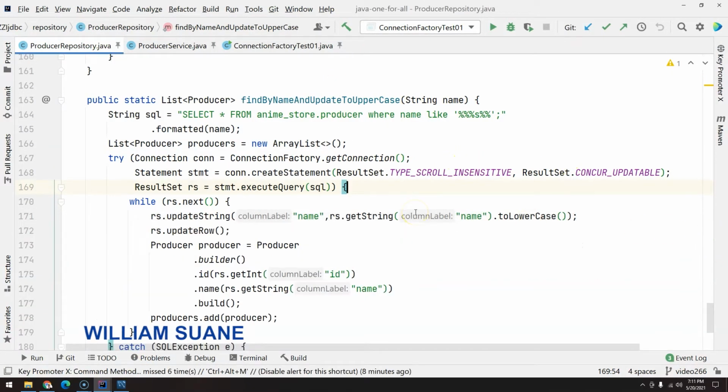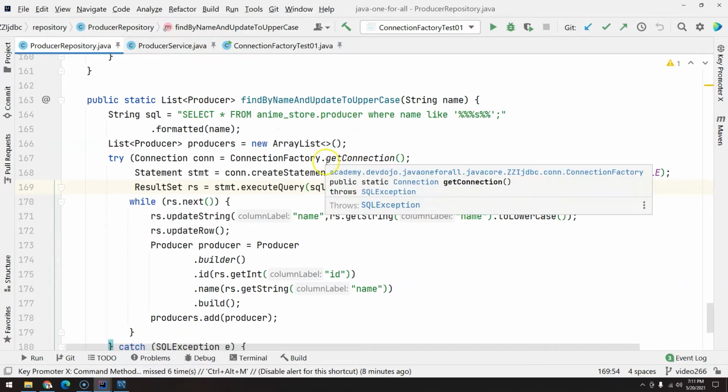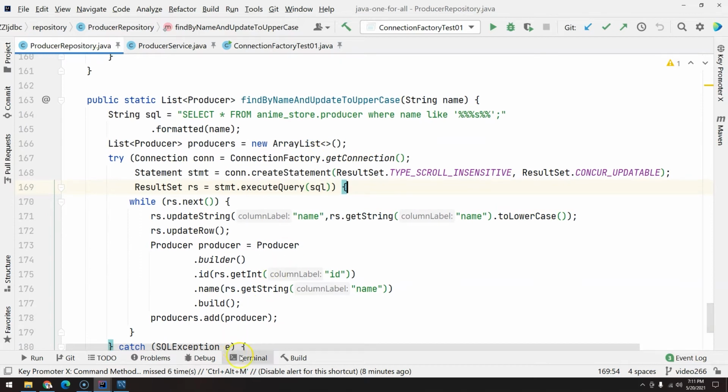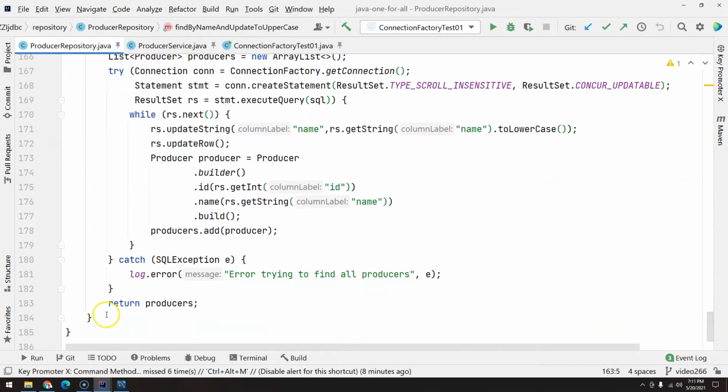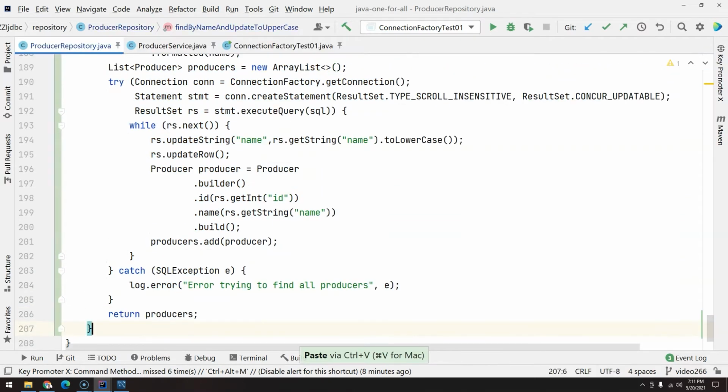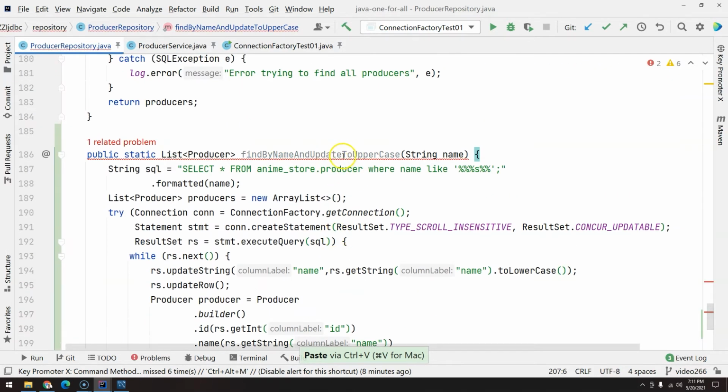In this video, we are going to see how we can insert and delete rows through ResultSet. Now, let's make sure that you have Docker Engine and Docker Compose up and running because we need databases. And now we are going to copy this find by name and update to uppercase. So find by name, we are going to say find by name, and we are going to